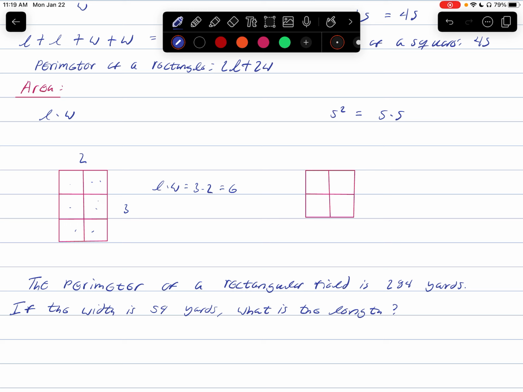Okay, let's look at this square here. We can see that this is 2 units wide and 2 units long, so it is indeed a square. And then we can see visually there are 4 of them total, right? So we can write this as 2 times 2, or that's just 2 squared, which is